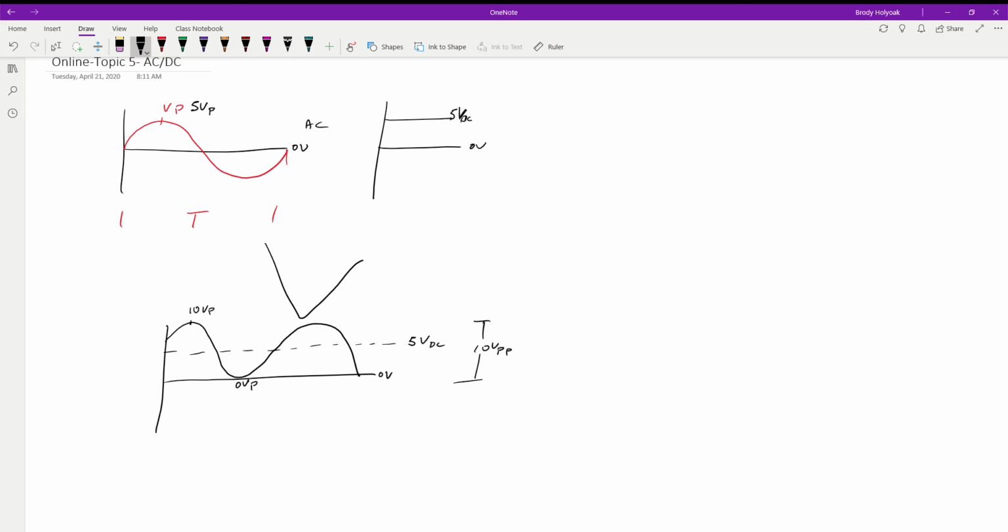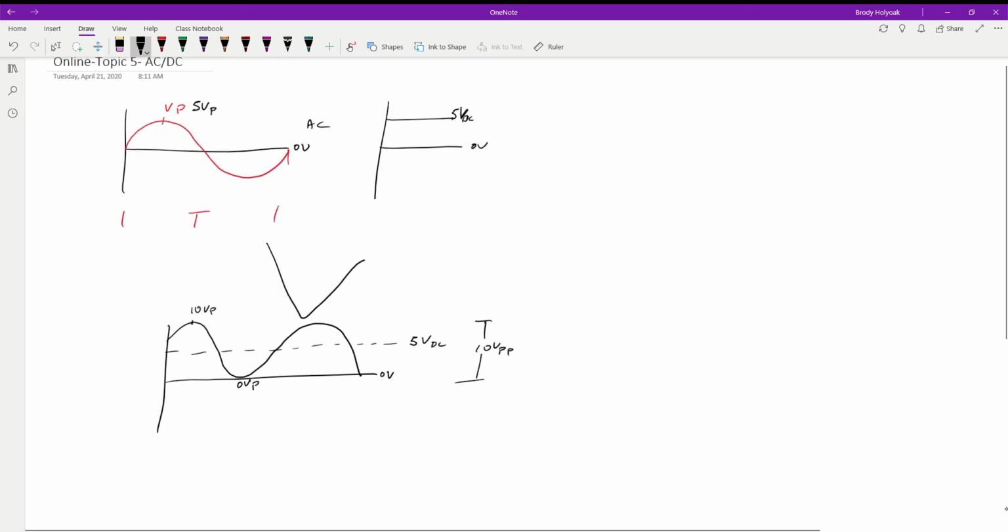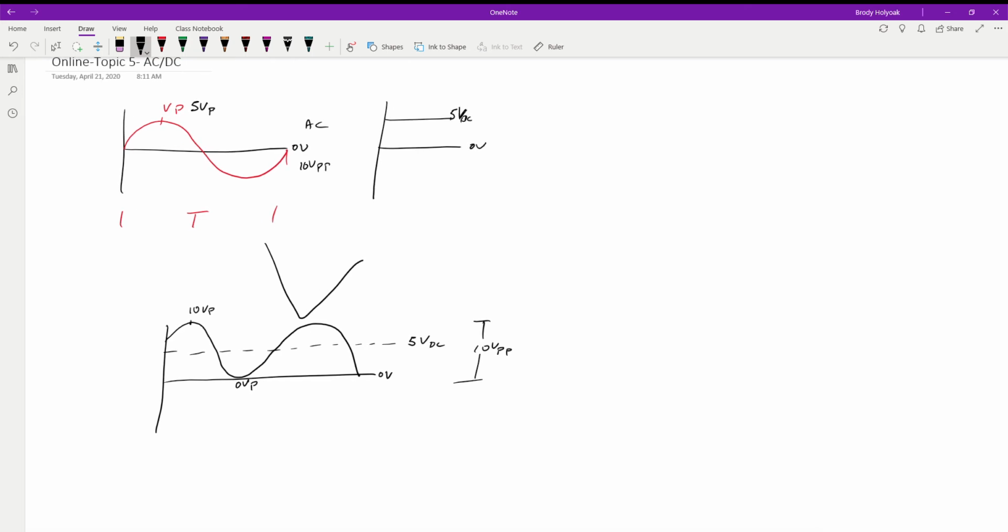So before, with our AC signal, we had a 10-volt peak-to-peak signal. We had plus 5 volts as the max and negative 5 volts as the minimum. But when we combine these together, we end up with the same parameters, other than our min and max voltage are going to change. That's the whole idea: we're going to solve these independently with our DC and our AC portions, and then combine them together at the end to shift us and give us our new min and max outputs.